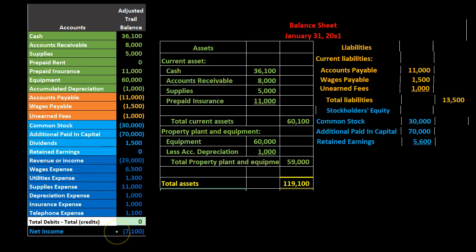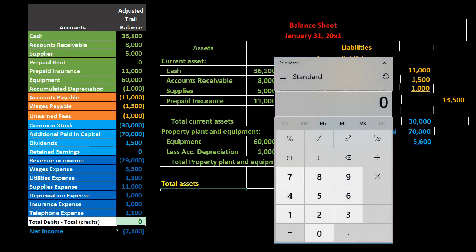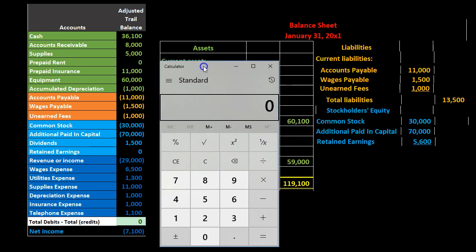We say, well, the net income is $7,100. How do we get that? 29,000 credit minus all the expenses, 6,500, 1,300, 11,000, 1,000, 1,000, 1,100. That's 7,100 net income. So that's what's going to be included in retained earnings on the balance sheet. It'll also be what's on the income statement,